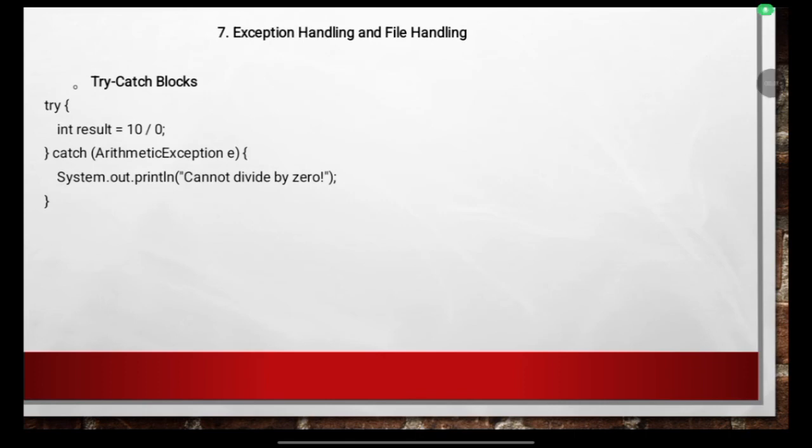So here in this particular slide, we will be discussing exception handling and file handling. First of all, we need to go through the slide carefully. Try-catch blocks. try { int result = 10 / 0;